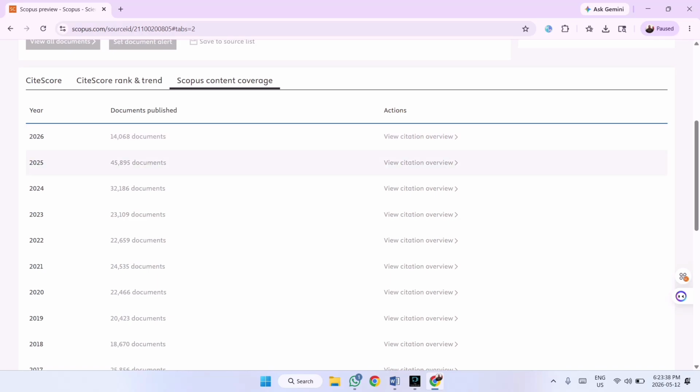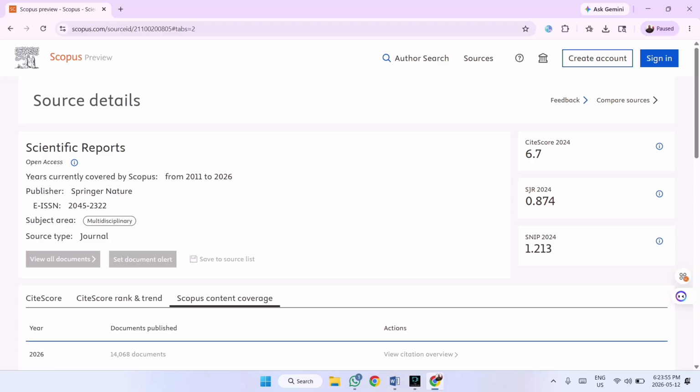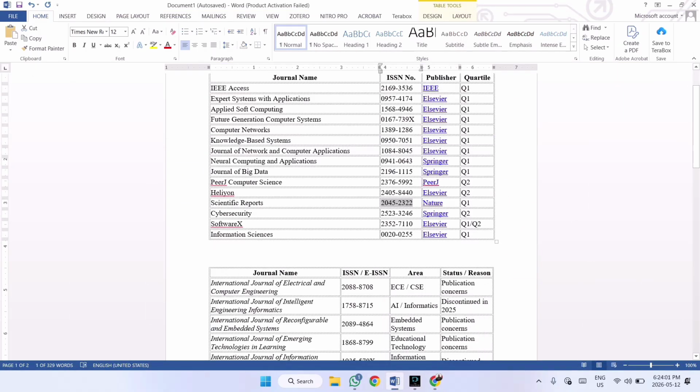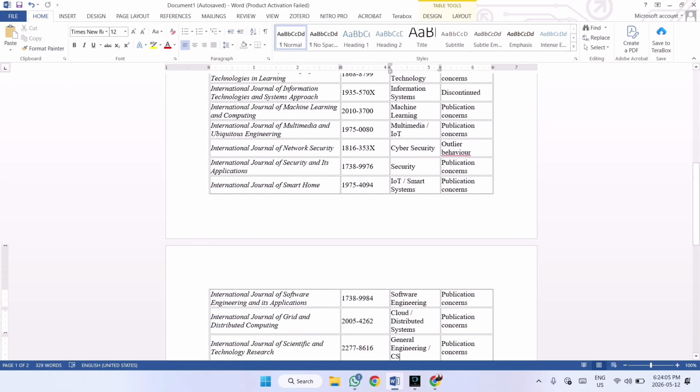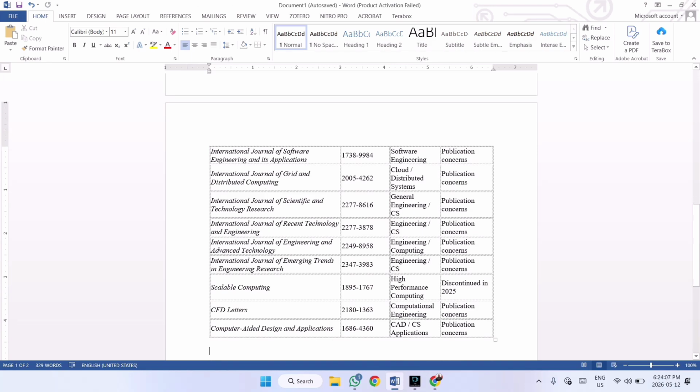During 2025, they have published 48,895 papers. During 2024, they have published 32,186 papers. So this is one of the quality journals. So we can take the decision and send the paper, and our work will get highly recognized.